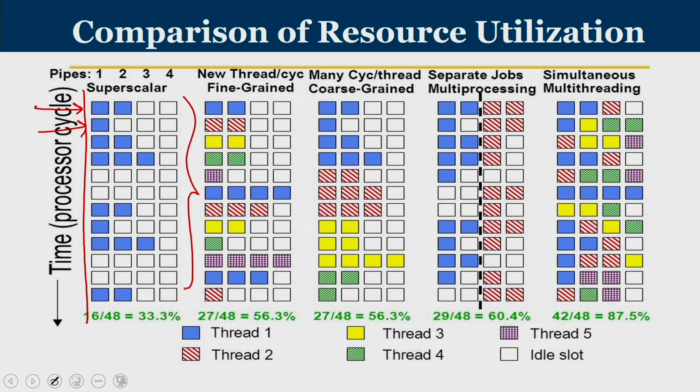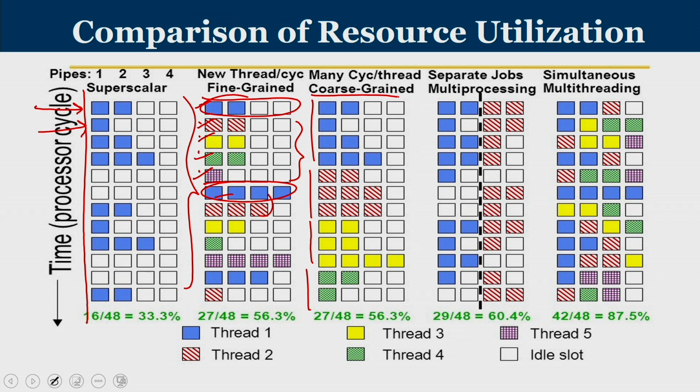Now, if you look at fine-grained multi-threading, I am not handling only the blue program, I am handling many different programs. I go to blue, I go to red, I go to yellow, then green, then violet, and only then I come back to blue. So at every cycle I switch between many of them. Sometimes I am able to make use of all the 4 functional units like this, but sometimes only 3, so there is still slot wastage. This is called fine-grained multi-threading. Now, rather than switching every cycle, let us say I continue with blue for 3 or 4 cycles, then I switch to red for 3 or 4 clock cycles, then to yellow, then to green. That is called coarse-grained multi-threading.